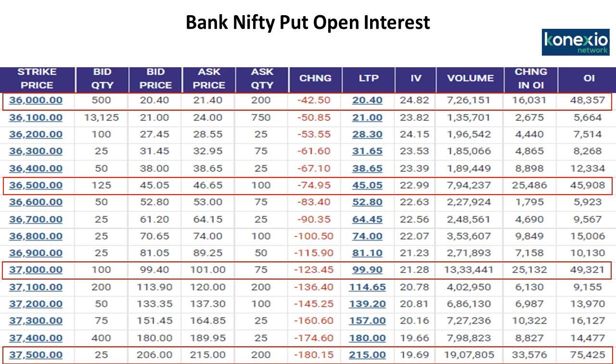Overall, looking at the charts of Nifty and Bank Nifty, and the data analysis of Nifty calls and puts and Bank Nifty calls and puts, it is clearly indicating that any dips should be used as a buying opportunity, and next week the market might remain in positive territory. So if anybody has shorted the market, they should try to book profits if there is some cool-off, and try to build long positions in Nifty and Bank Nifty for the next week.